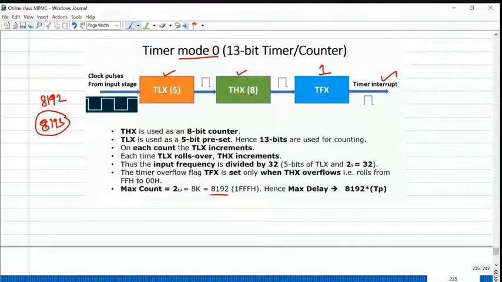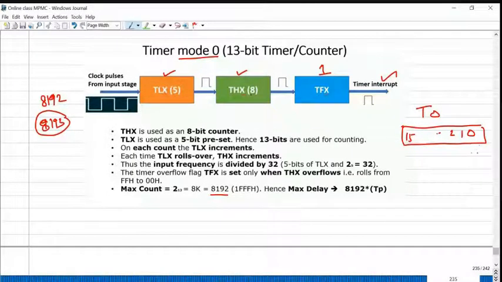So why are we keeping TL first and TH next? If you look at the pattern, for timer 0 the bits start from 0, 1, up to the 15th bit. This is the 16-bit timer. If you want to add some count, we add from the lower order section only, correct? That's the reason TL is available in front. It receives the clock pulses and counts first. If it overflows, then TH starts counting.